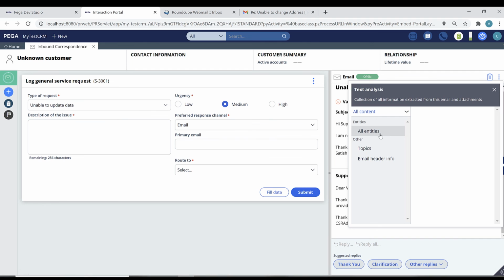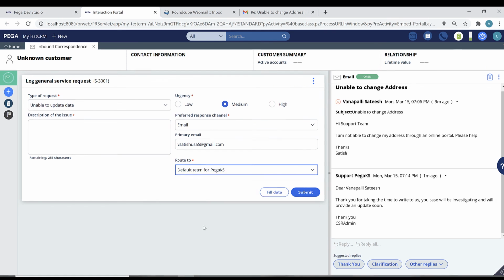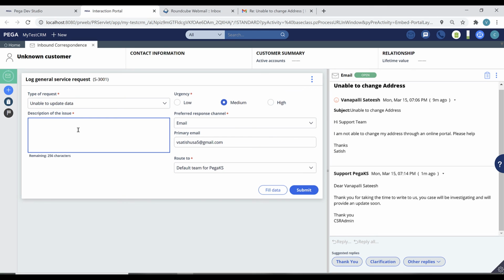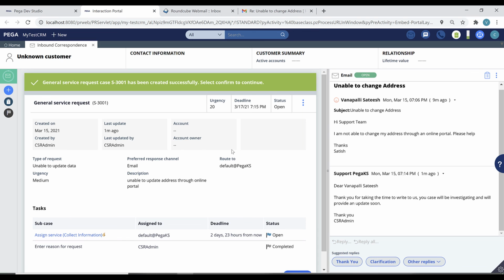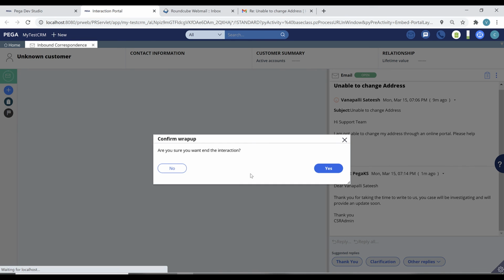From this view analysis you can get this email address. Primary email, and you can route to another CSR. Likewise you can create a new task and route it accordingly. And once you address this customer problem, you can wrap up and close this interaction case.